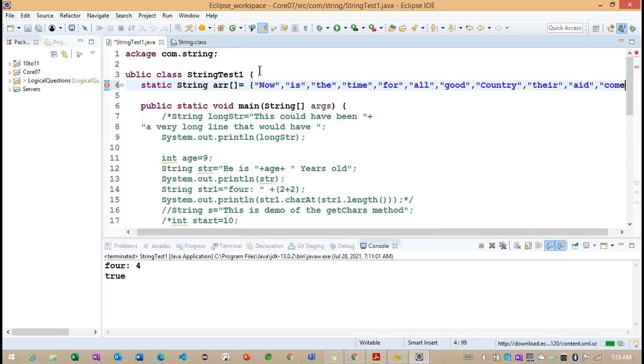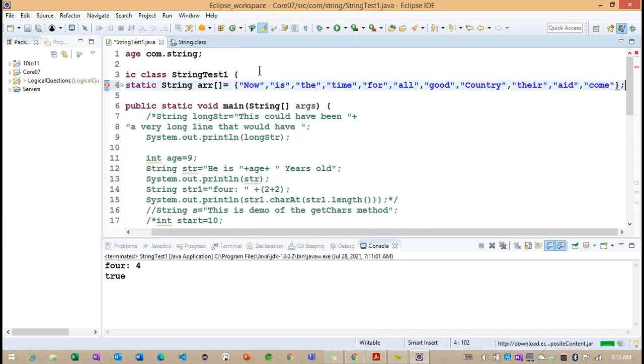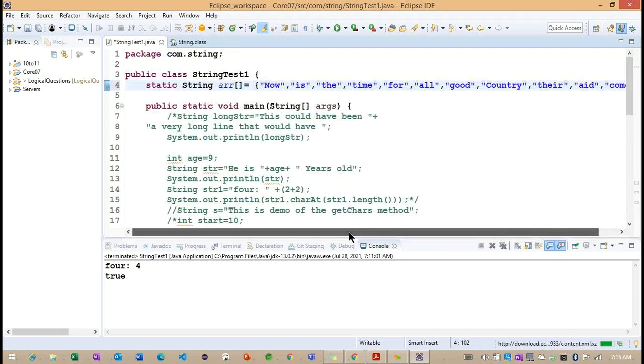Okay, up to this is enough here. So this is the string array we added.